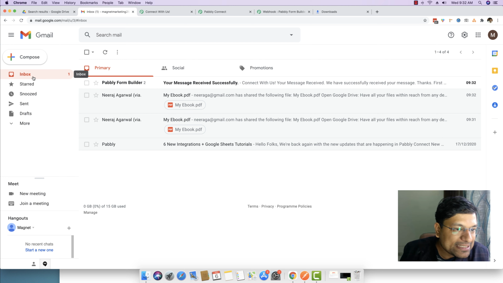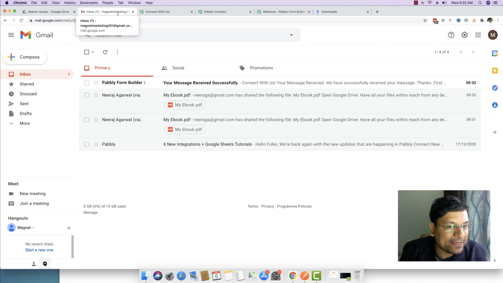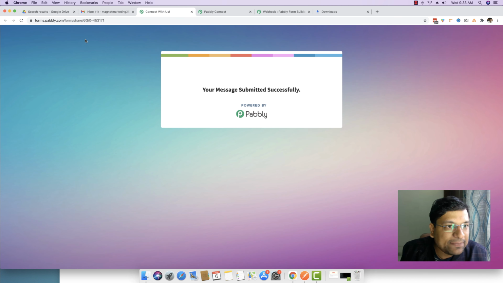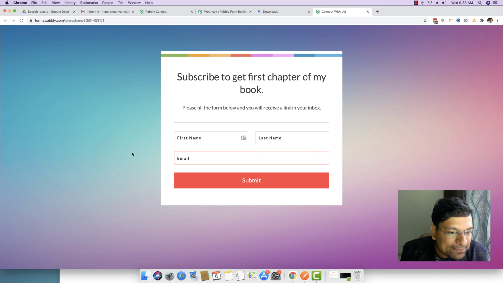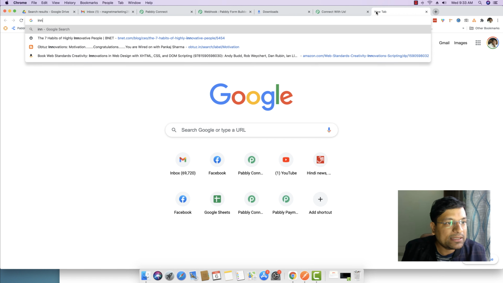The amazing beauty is that the file link is not public, which essentially means if someone else gets the very same file link, they will not be able to see and retrieve your file, which essentially makes your file a closed file, which will be shared with the very same email address that has subscribed. Okay. There is one more thing that I want to tell you. It also works for emails which are not a Gmail account. Now let me just show you that as well.